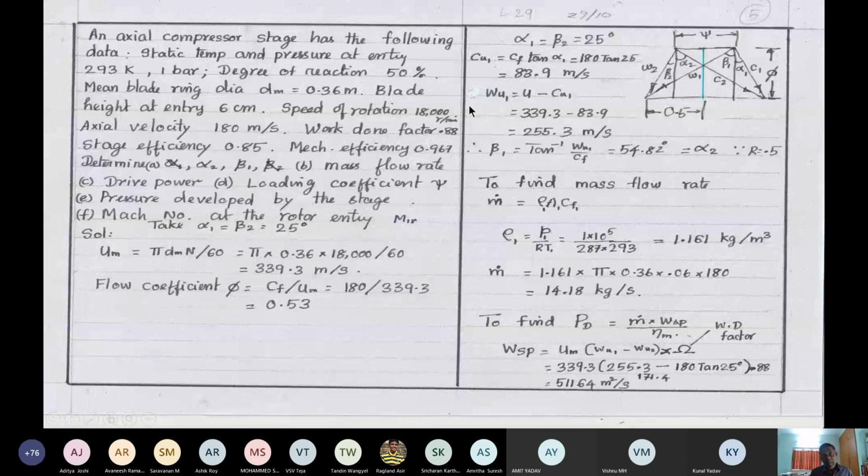Okay, so you go through that material. The first problem, though it is lengthy, it gives insight into how the axial flow fan and blowers, they are tackled. So I'll close.